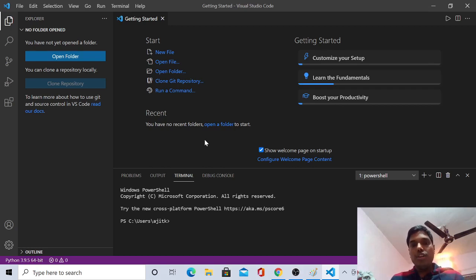Hello students, good evening. Today we'll see the concept of leap year in Python. We'll write a code to check whether a given year is a leap year or not. For that we have to start the coding, and first of all we have to understand